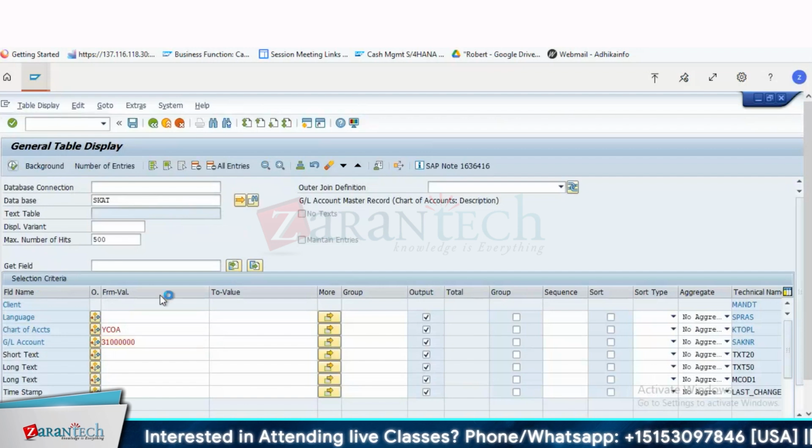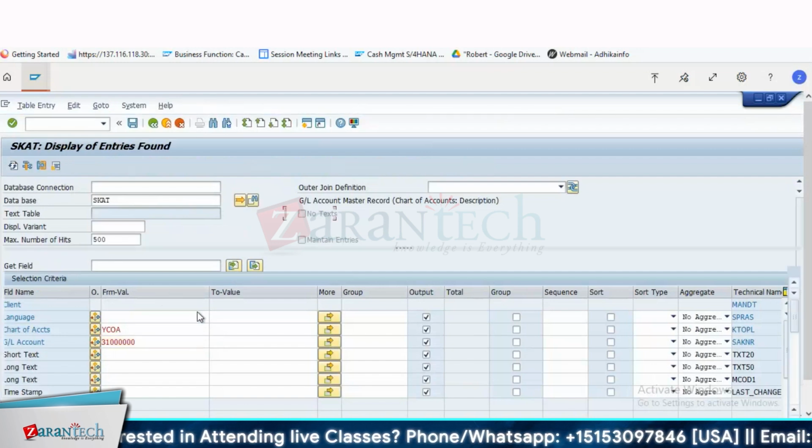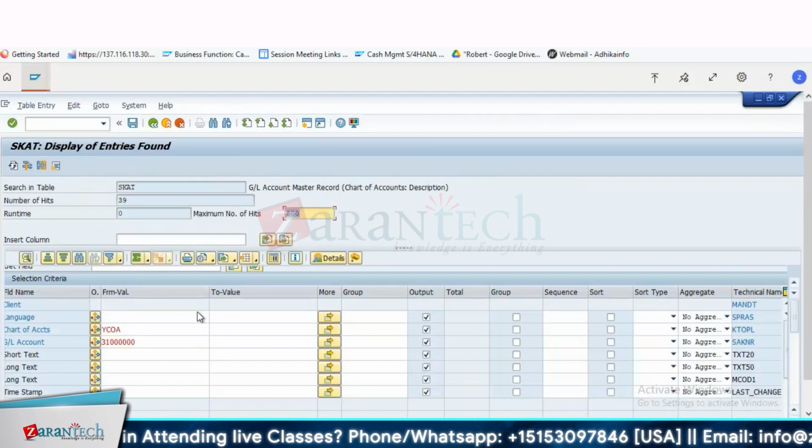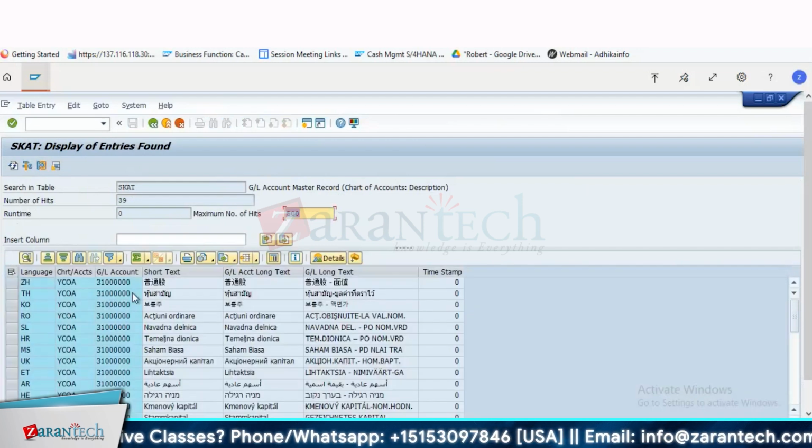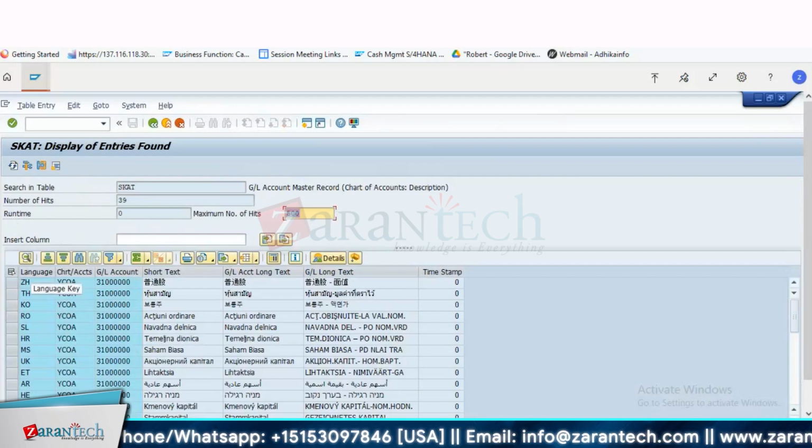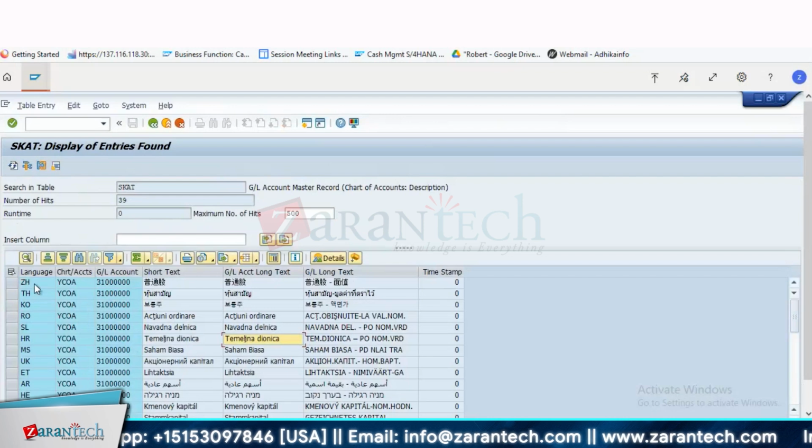So you wanted to fetch the text. Okay. So what is happening for this GL code? For this GL code, it has the text maintained in multiple languages. So in this case, what you could do is either add a where clause like language equal to th, or language equal to en, or else what you could do, you could just